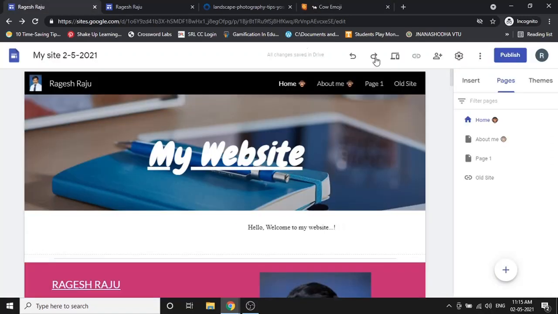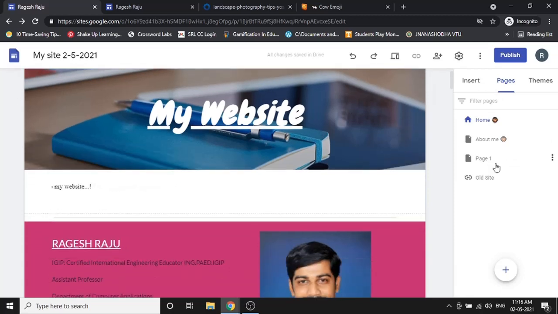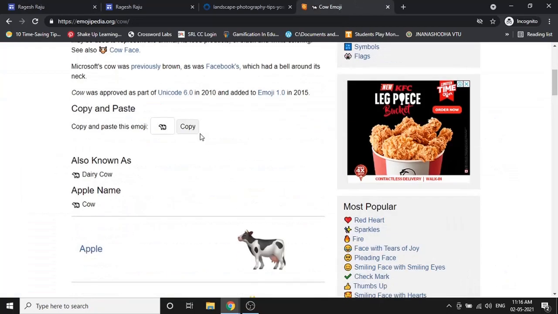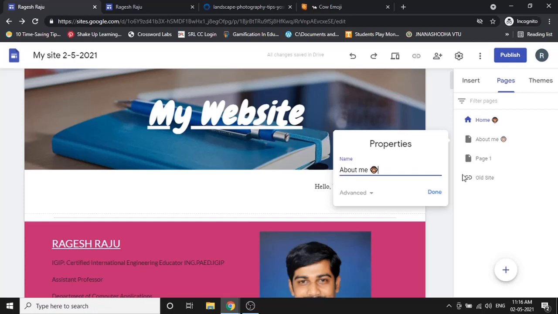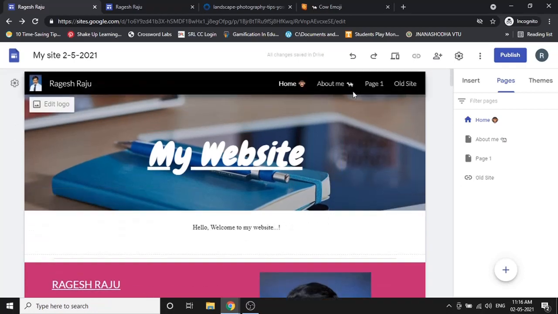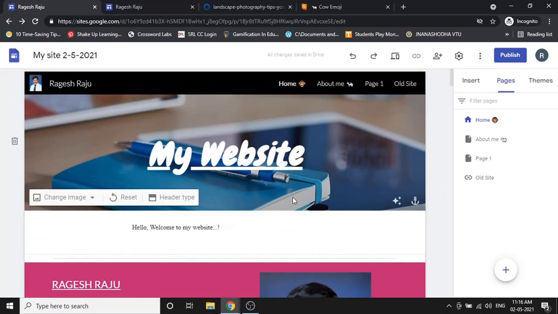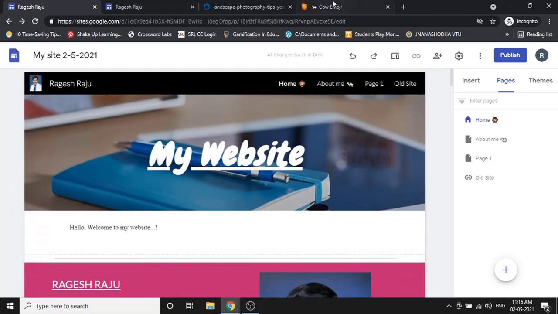So this is how we can add emojis. It is an extra thing which can be done; it is not mandatory that you have to do it. I just show how this can be done. Okay, cow, I think I didn't copy it. Copy, sorry for that. Properties, I delete this, I paste it, the cow has come, I click on done. Like this, you can add it in any part of your website. Once it is done, I come here.